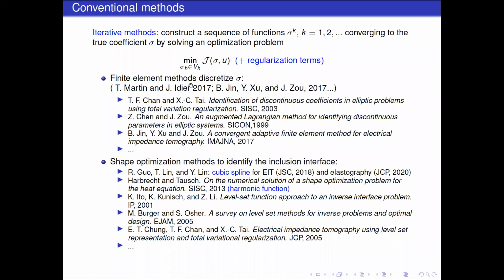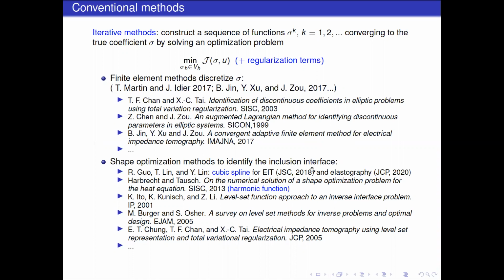So the key is the discretization of the quantity sigma to be recovered. We can use finite element spaces for discretization because of the node regularity. In general, piecewise linear or even piecewise constant spaces are sufficient. And in our case, if sigma is assumed to be a piecewise constant function, so the inclusion has a constant value and the background has another constant conductivity value, we can just discretize the inclusion interface, and we can use shape optimization methods to identify